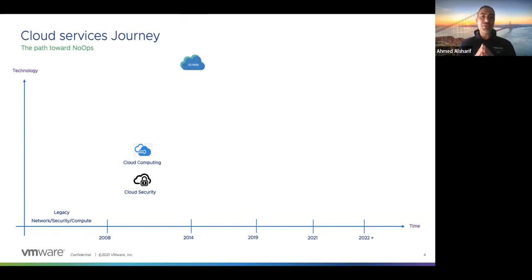And then in 2014, the SD-WAN came out. And the SD-WAN was actually the enabler for a lot of the move to the cloud. It made it super easy to connect the cloud and the infrastructure and the users from anywhere to anywhere. And that led to a very unique situation for more than 70% of organizations. Most of these organizations now have more applications in the cloud and more users outside of the organization, but they still connect these two through the data center. And that's the biggest problem that SASE came to solve.